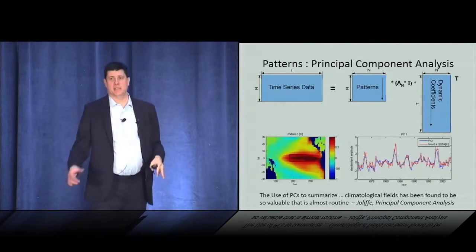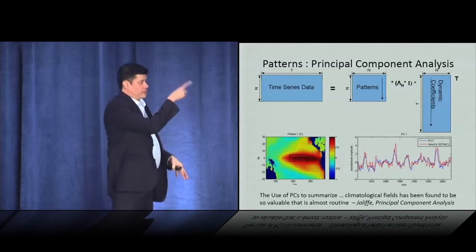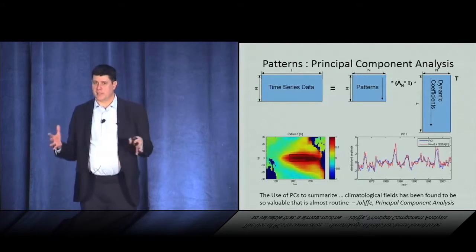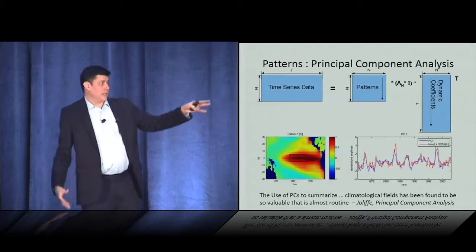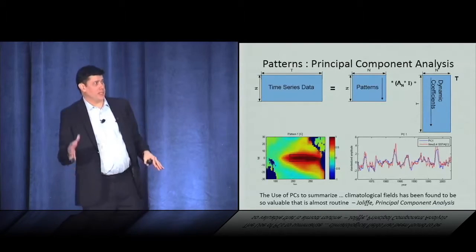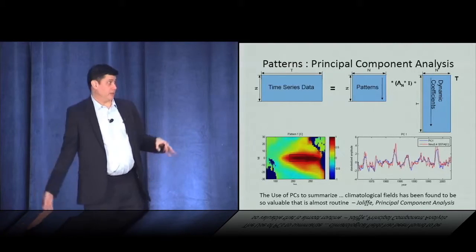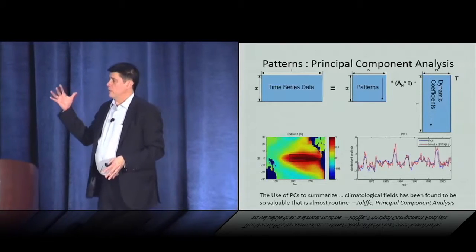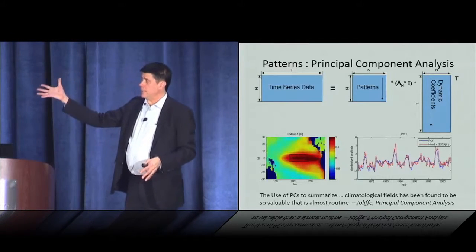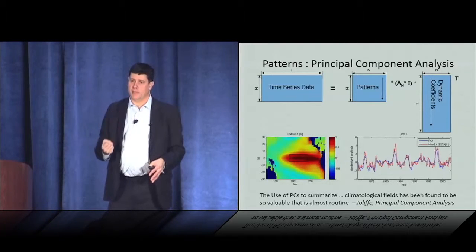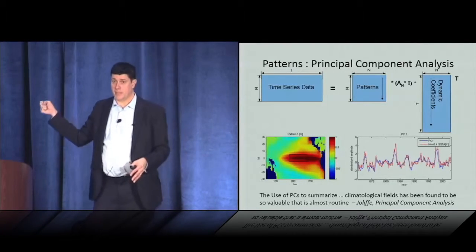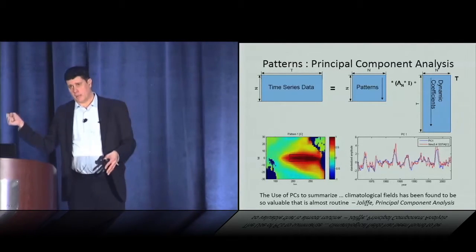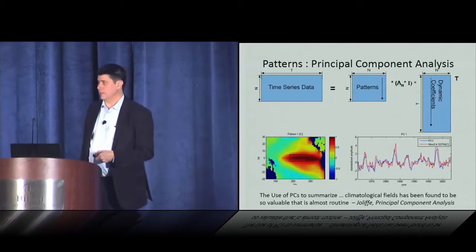And it takes a lot of climate data, and it says the overwhelming pattern here is focused in this particular area. And for those of you that know a little bit about that, that's where El Nino is. At the same time, you see over here that the time component that's pulled out as the dominant pattern corresponds almost exactly to El Nino as well. So our research has been in taking these patterns, but furnishing the analysts with the tools they need to interpret it. This isn't easy, right? With PCA, the biggest challenge is being able to interpret the data. And I'll share with you a lot of what we've done in visual analytics to support that.